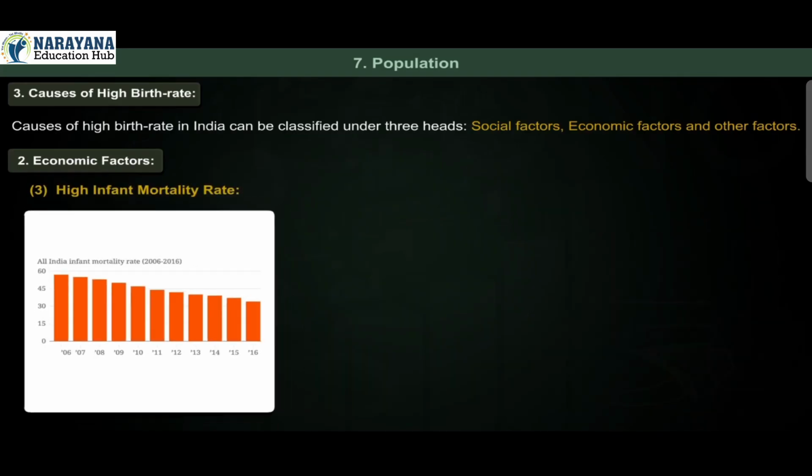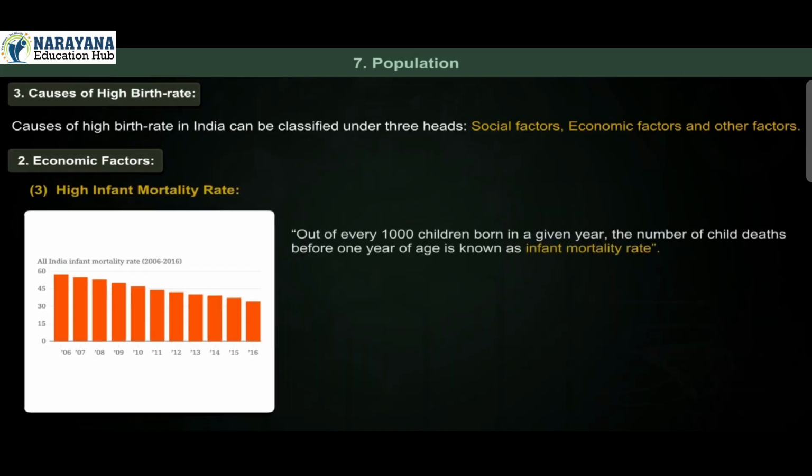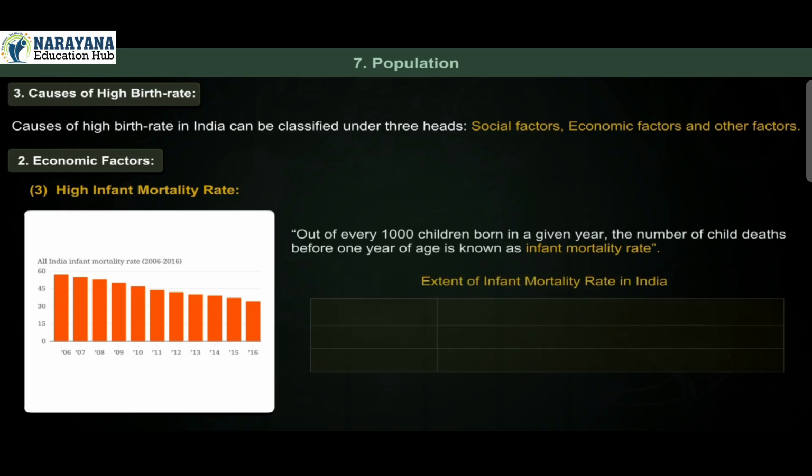Third, high infant mortality rate. Out of every 1,000 children born in a given year, the number of child deaths before 1 year of age is known as infant mortality rate. Extent of infant mortality rate in India. In year 1951, infant mortality rate, that is for every 1,000 live births, was 146. In year 2011, infant mortality rate, that is for every 1,000 live births, is 41.40. Source: